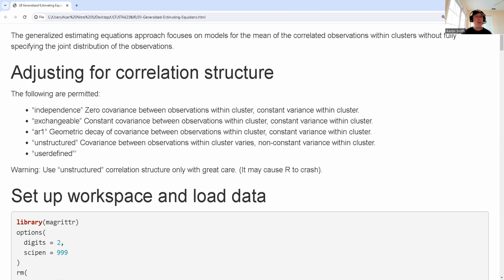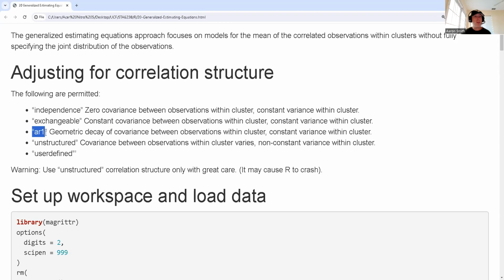Now, exchangeability: here we have constant covariance between observations within the cluster, and we have constant variance within the cluster. So our covariance matrix within the cluster is going to have a constant value off the diagonal